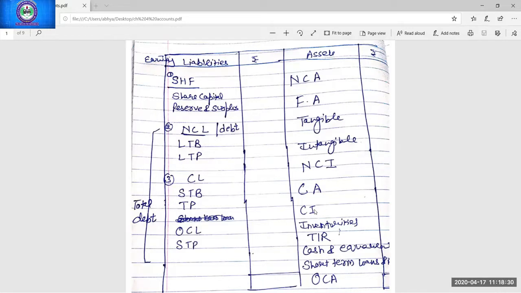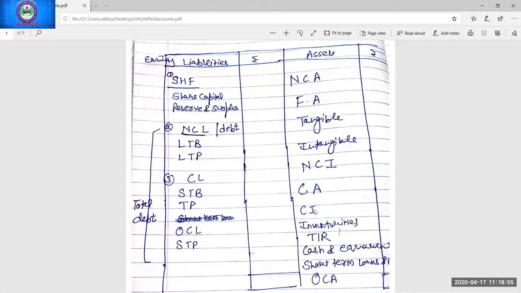Okay, so if the total of one side is given, say total assets, and you have to find out any one item on the other side, then you can easily find it by using the balance sheet format. Just draw a rough balance sheet. You need not use any formula. Just draw a rough balance sheet and put in all the figures given in the question, and you will be able to find the figure which is not given.